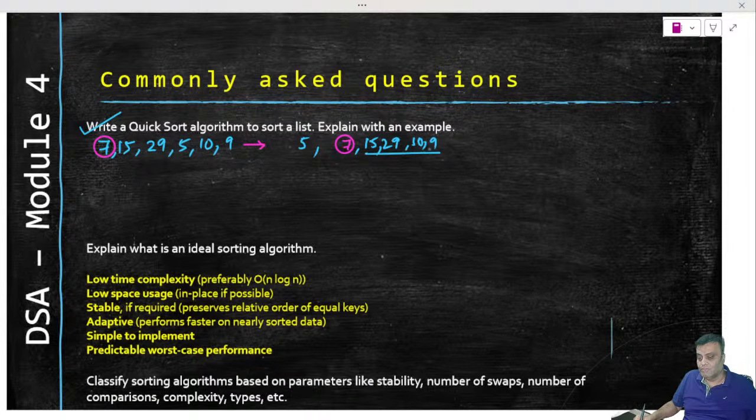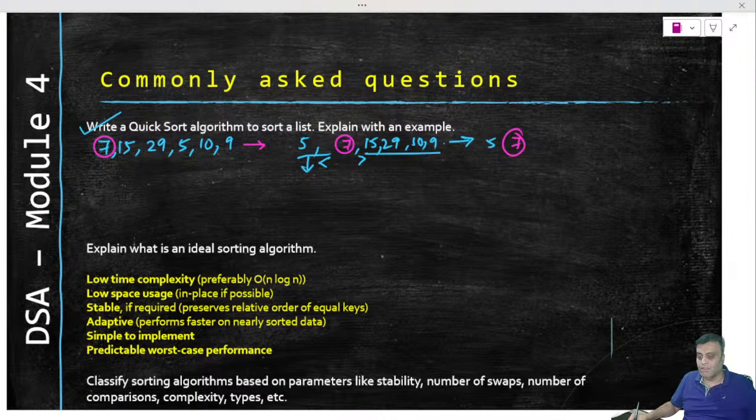All of these on the right are greater than 7, and all of these on the left are less than 7. So that's what you will try to achieve. And this 5 is already sorted, and we have reached the final state here because there is only one element. And for this, again, you will say that I will start with this, and therefore my array will look like 5, then 7,